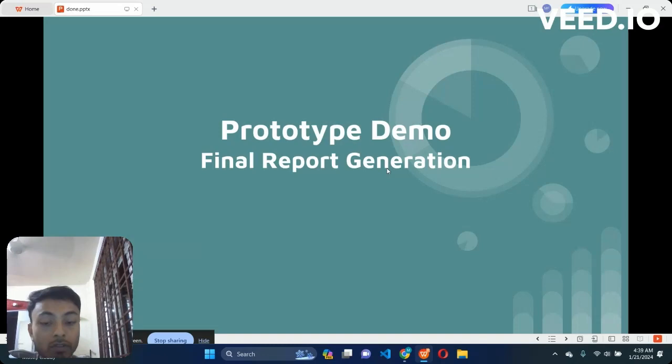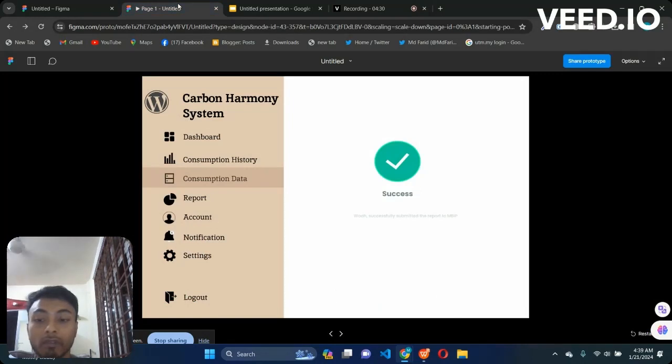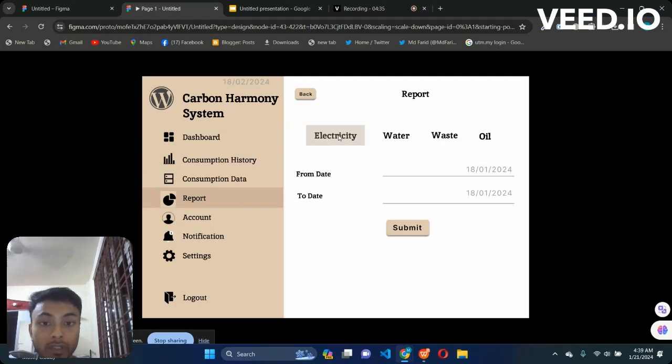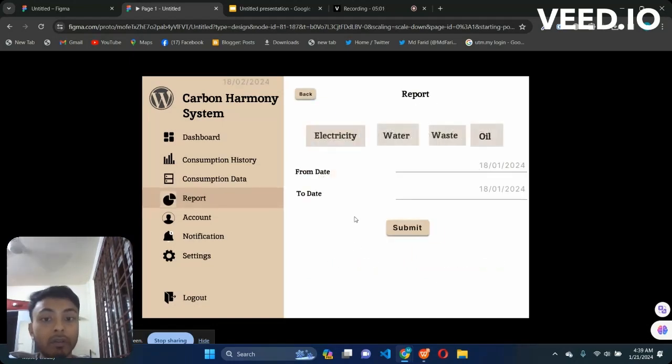Now I'm going to give the demonstration of this module. For that I have to go to my Figma file, and first I go to report. For example, we select electricity, then we have to give the time, the exact time, and then we need to submit. Then you see that it already shows the status of the electricity consumption for this specific date. If they want to get all of the report, they need to hit the get all report button, and then they can select one by one,